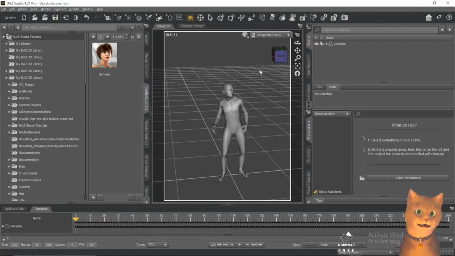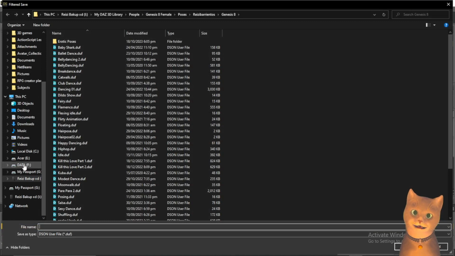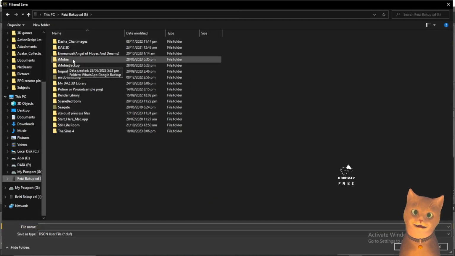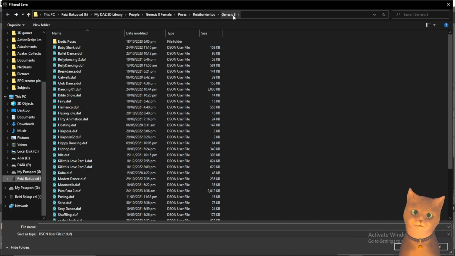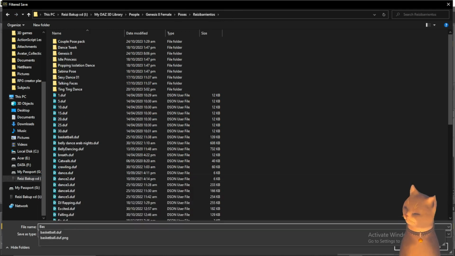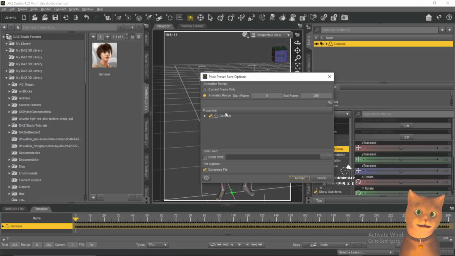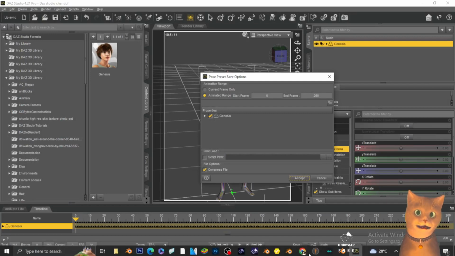So what we're going to do is you can simply save this as a pose preset inside my basketball shooting folder. What we're going to do is successfully